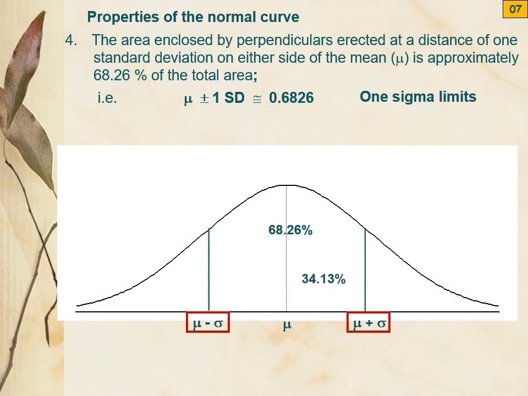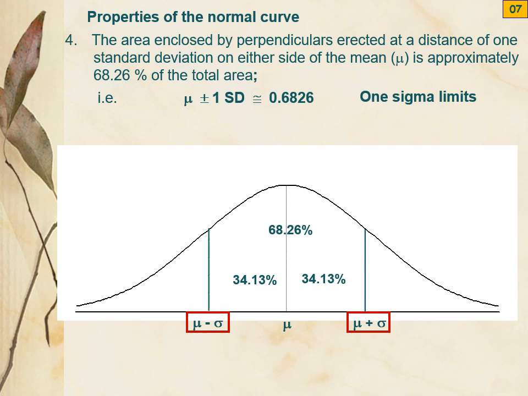And another important thing I think I forgot to tell in the last slide, that the curve is symmetric about the mean. What does symmetric mean? If you fold the paper on mu, then the curve on the right side will fall exactly on the left side. That is, if you move the same distance from mu on the left or right, the area between the two parts will be exactly the same. Half of that one, 34.13%, will be on the left side, and 34.13% will be on the right side.